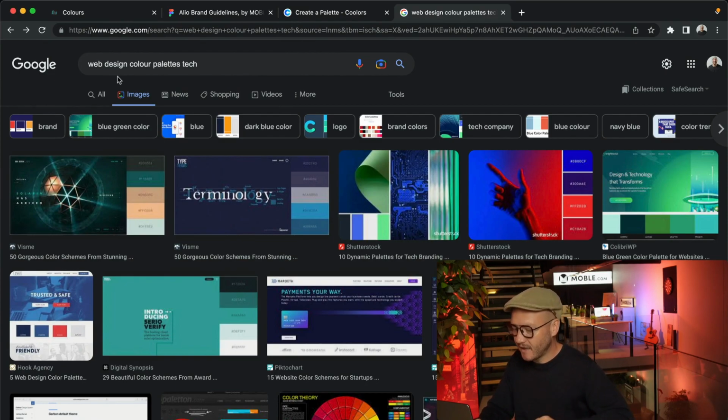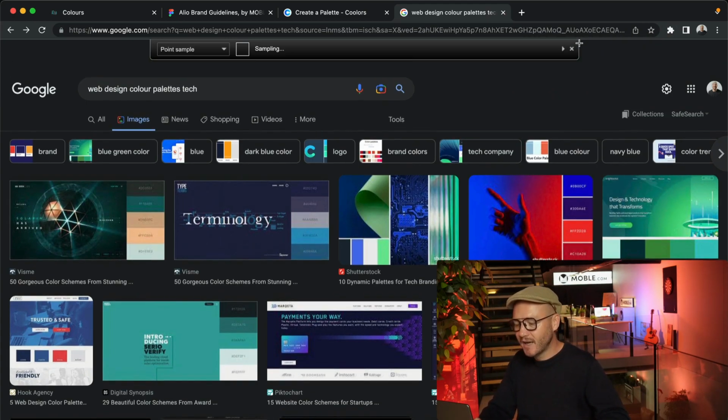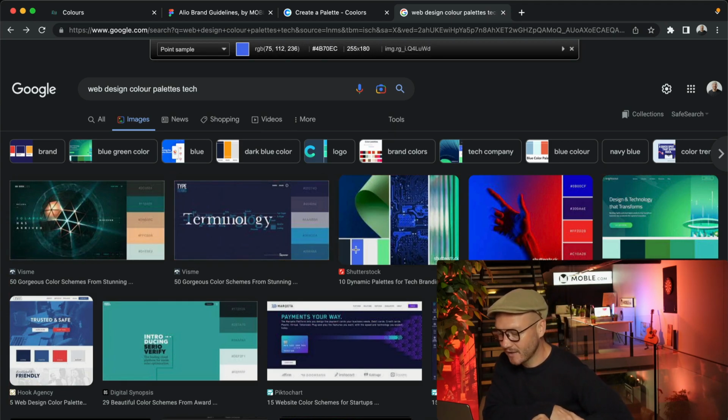So let's say I did a search, for example, tech color palette. Okay, and in my browser now I can see what Google has brought up in Google Images for tech color palettes. Well, I could now click on the ColorZilla extension to pick a color, and I could now hover over and grab that exact hex code. I could now put that hex code into something like Coolors and hit the space bar and start to build out my palette. Okay, so there's three very simple techniques there of how you can build out a color palette for your